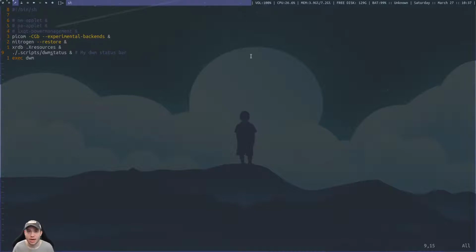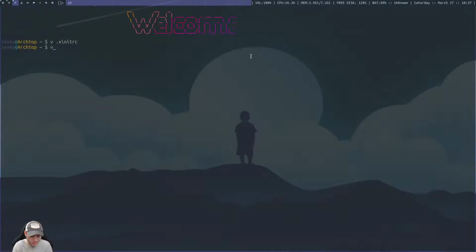Like my launch time, I literally press the power button, and within a second, maybe a second and a half, I'm in the terminal where I can just type in my username and password. And as soon as I hit enter after typing in my password, I'm in this workspace, and it's super easy.